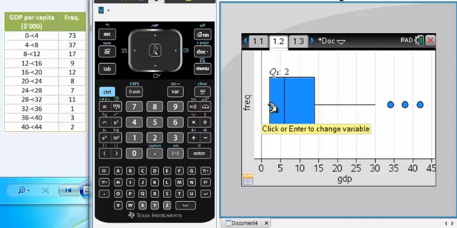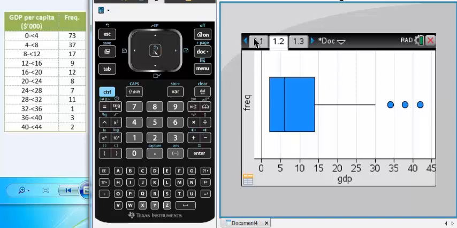From here we can see the values. This is the minimum point, and for this data set the minimum and lower quartile are the same value, which is 2. This is the median, that is 6. This is the upper quartile, Q3, which is 14. This is the maximum value, 30, and these 3 dots show 3 outliers: 34, 38 and 42.